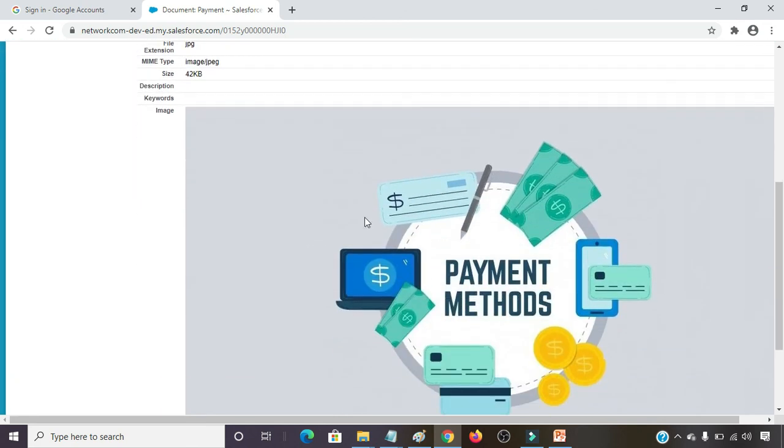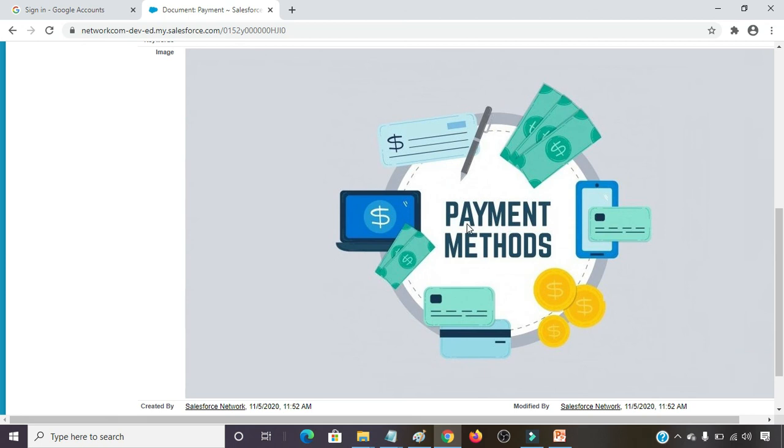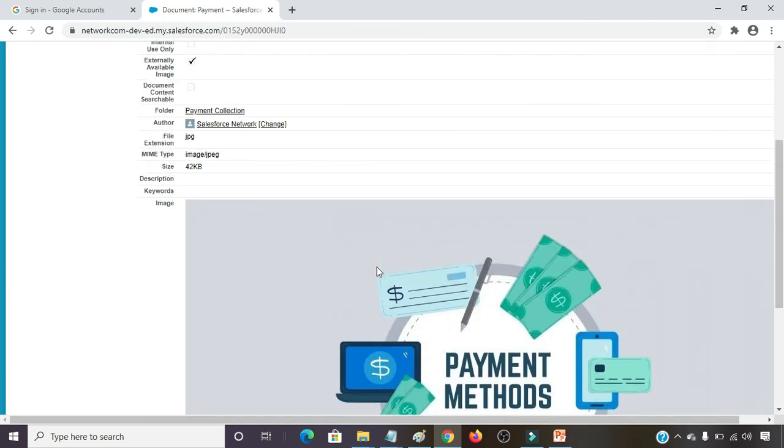Here your image is coming. This image is a little bit big in size. You can make it small also.